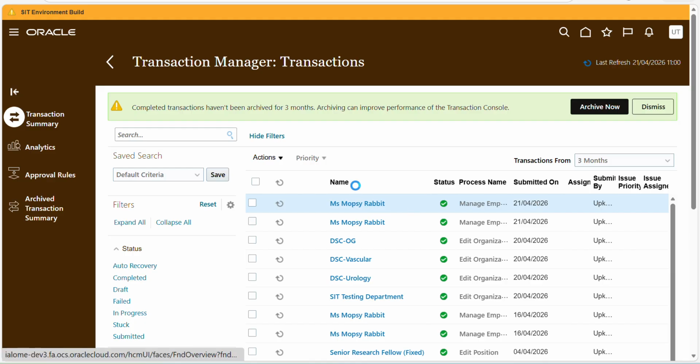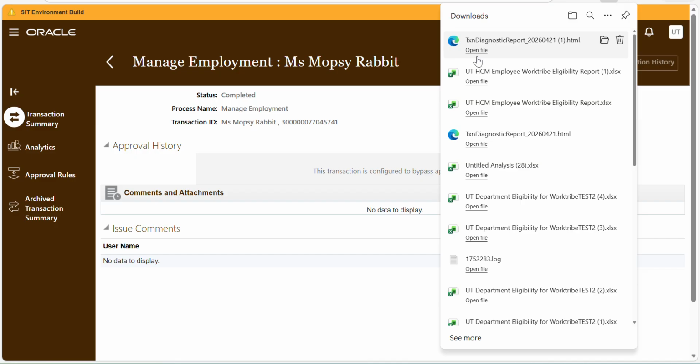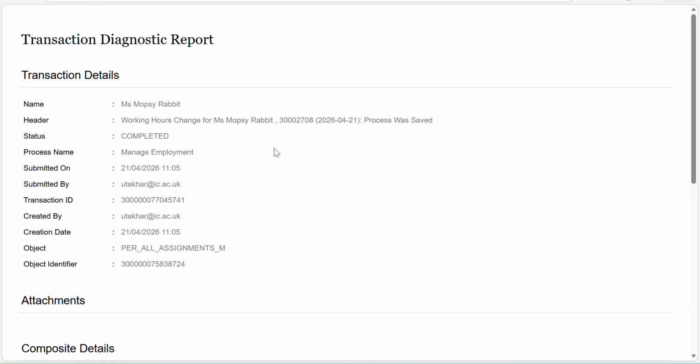And I'll click on Mopsy Rabbit, and I can have a look at the diagnostic log. So I'll click on the download link to view that and open it once it's been downloaded. And I can see here that for Mopsy Rabbit, we did the change in working hours to put it into edit mode, where we then updated the Worktribe eligibility, and we can see that that is the status of